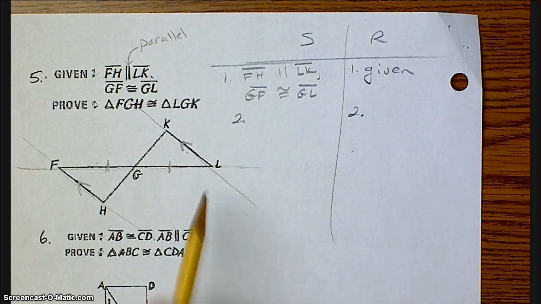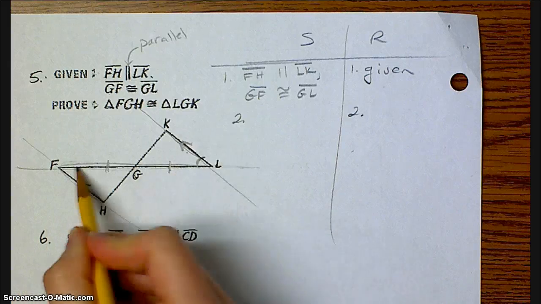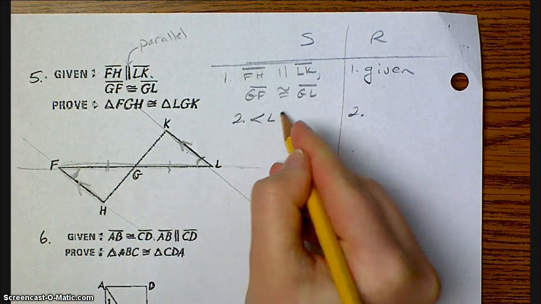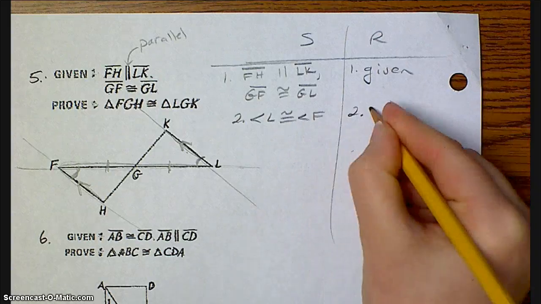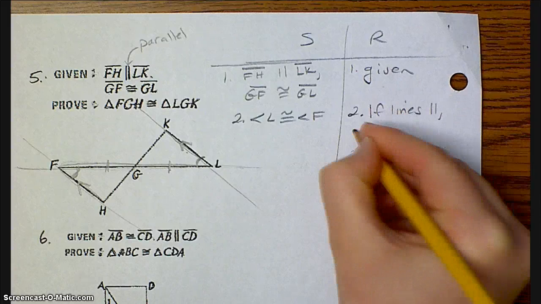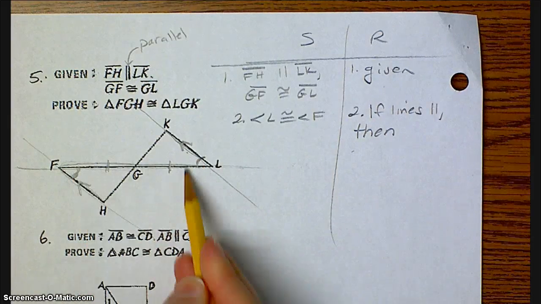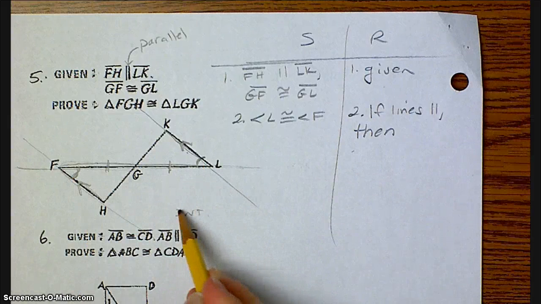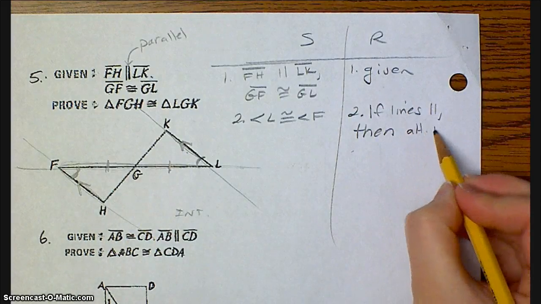And when you do that, you should be able to see this Z shape that we're familiar with. So that tells me that L and F are congruent. The reason is because these lines are parallel, so if lines parallel, then what types of angles are these? Well, they're both on the interior, and they're alternating sides of the transversal, so alternate interior